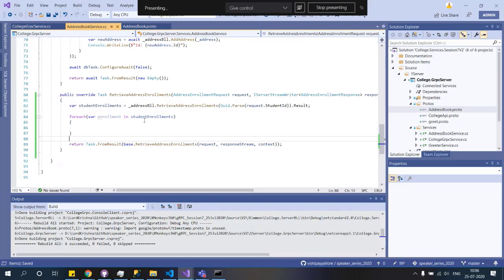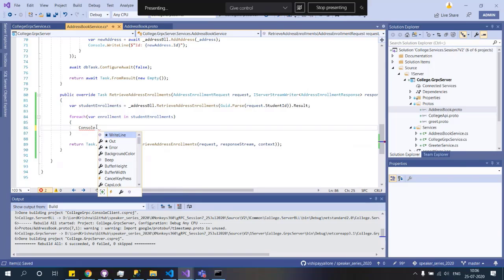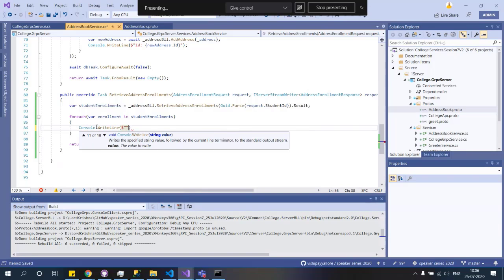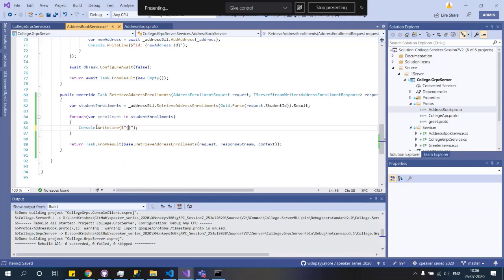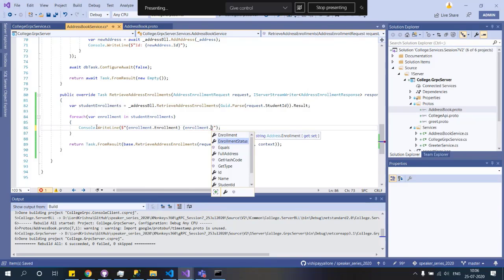we're getting this one. Let's print to the console dot write line. Let's write some messages here so that we can check that enrollment dot enrollment type and what is its status, dot enrollment status.